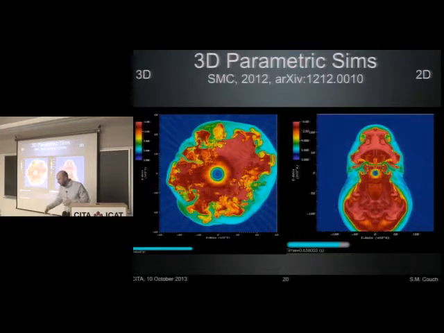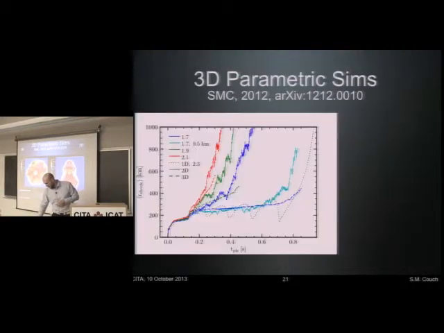What I found, if you're paying attention to the timestamps that you can't read, or can you even read the axes? Sorry about that, this is not very good. But what I found was that 3D explodes later than 2D, fairly consistently. And this was not actually the result that I expected to find. So I checked, and I checked, and I recalculated, and I reran simulations. And it was consistently this: 3D was harder to blow up than 2D.